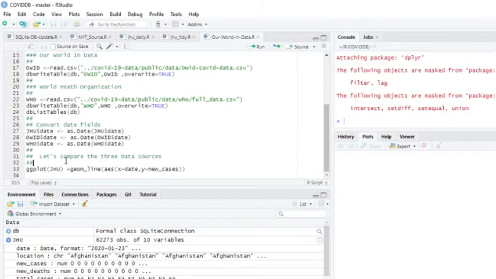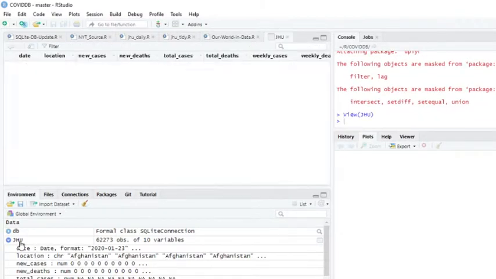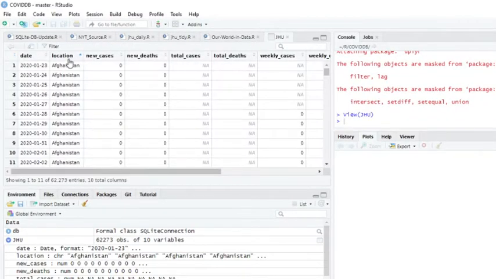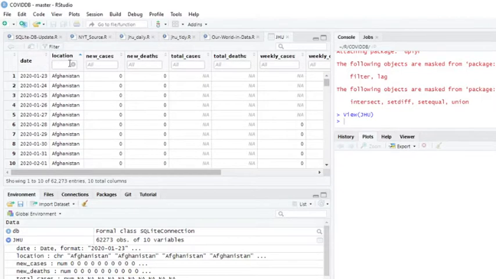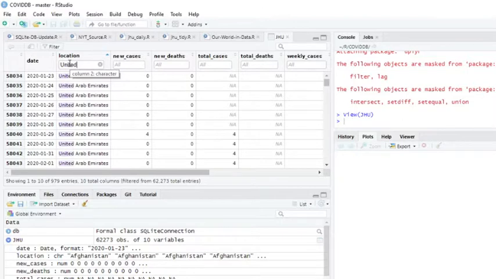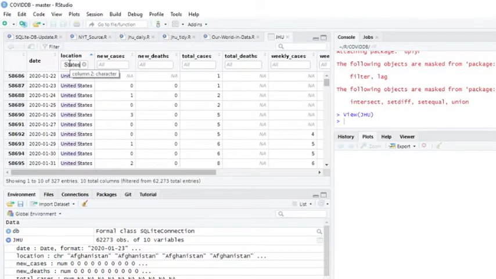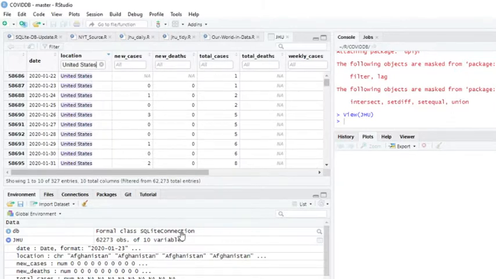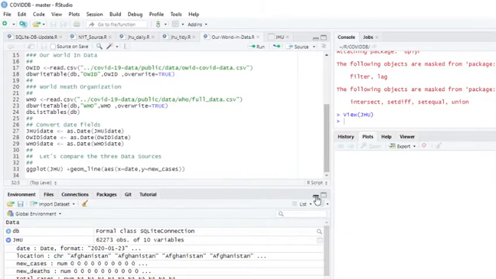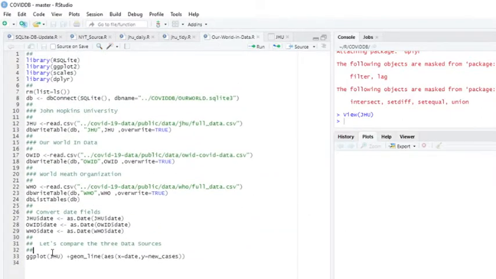But I'm also going to try to pull out the location. Okay, so I'm going to try to pull out just the data for the U.S.